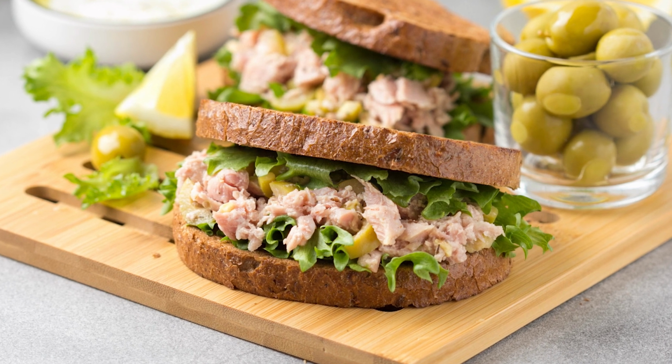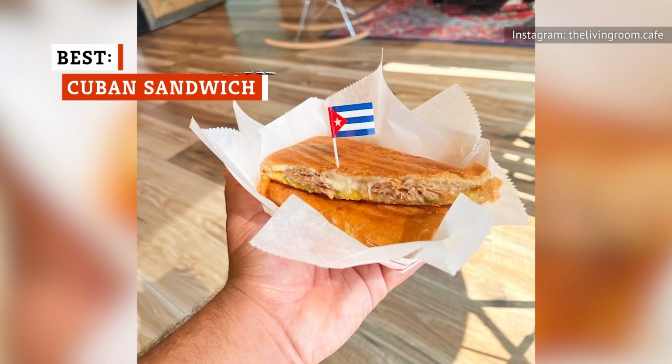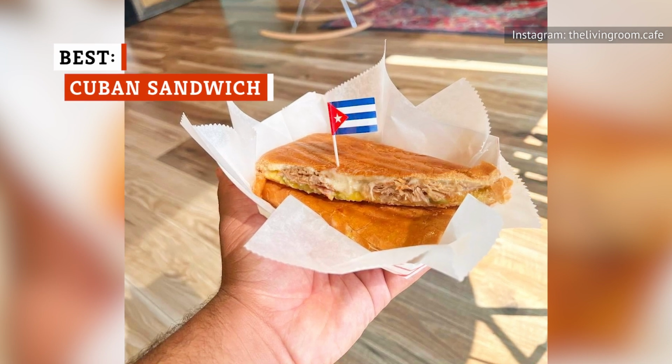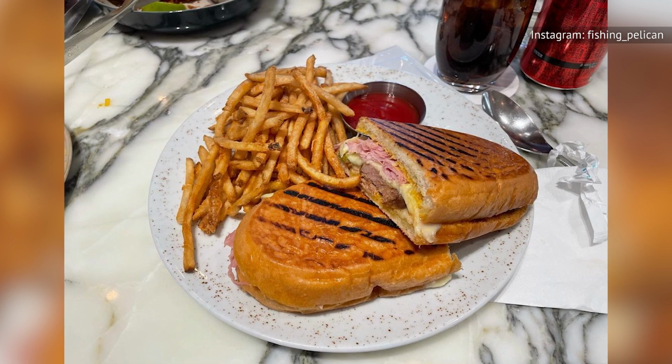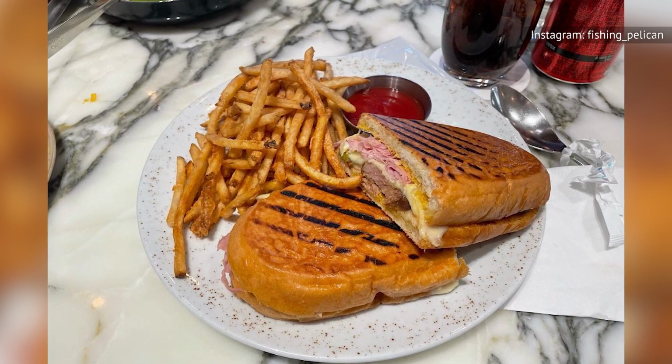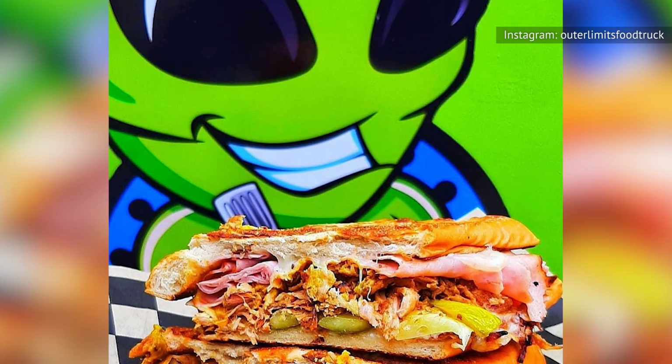So it's best to avoid the tuna sandwich order at restaurants. The Cuban sandwich might be a less familiar item on the list, but this only means that you should be ordering it more. Despite its name, it's not entirely clear where the Cuban sandwich originated. There are different accounts of its origin, but it most likely first appeared somewhere in Florida and was certainly inspired